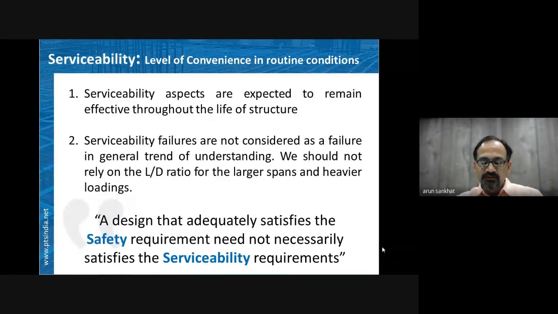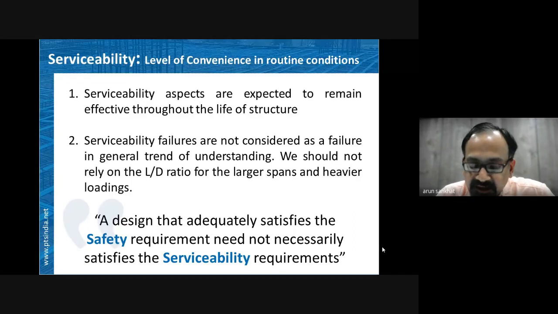This is also true. Many buildings, after long-term effects, deform, and even the deflected shape is visible, but still they have not collapsed, right? So collapse is a different thing, safety is a different thing, and serviceability is a different thing. Actually, our safety criteria and serviceability criteria are,